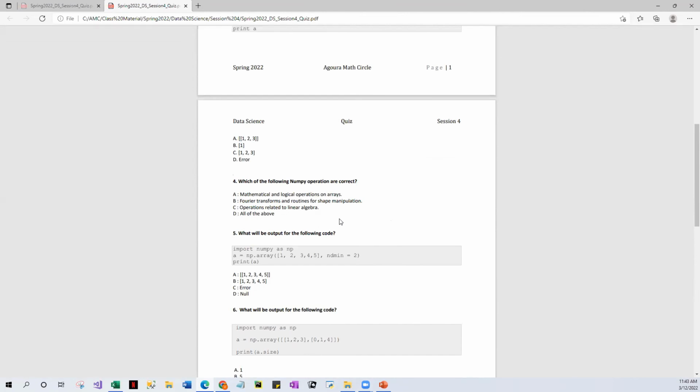D, yeah, all the above. With NumPy, you can do everything. With NumPy, you can solve any linear algebra equation. I hope you all are familiar with linear algebra, how you solve the equation, right? So we can use NumPy to solve it, and it is also used to do all the mathematical and logical operations,